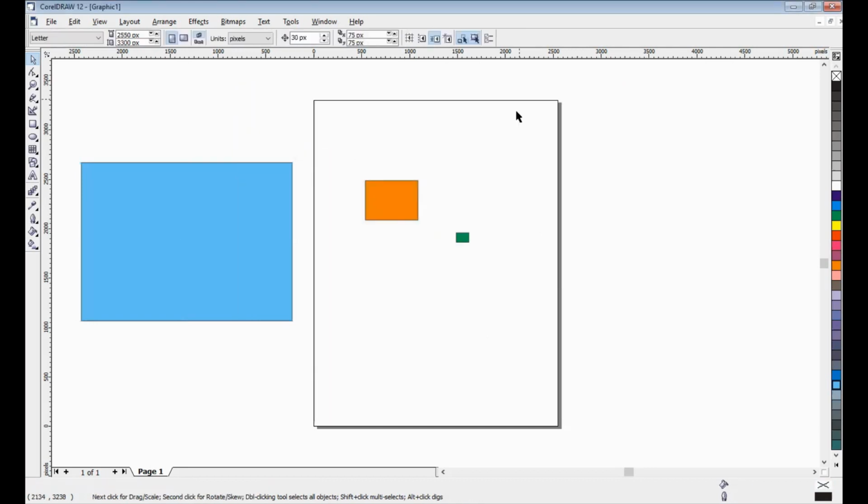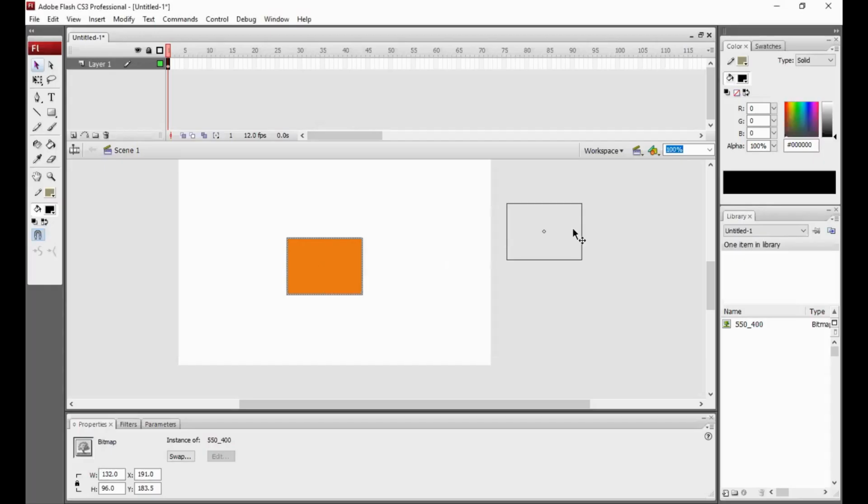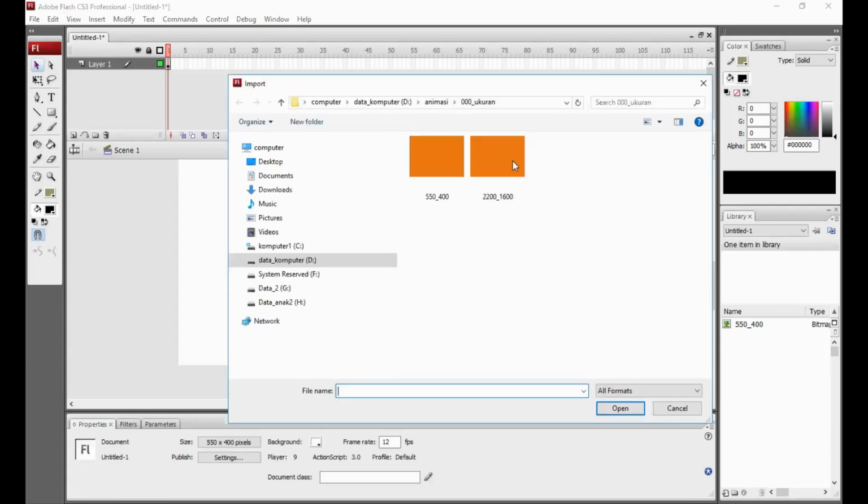that's it. Okay, now I will share to Adobe Flash again. Okay, that's the one on Animate, but now I will try to import that we have 2200 pixel and 1600 pixel.